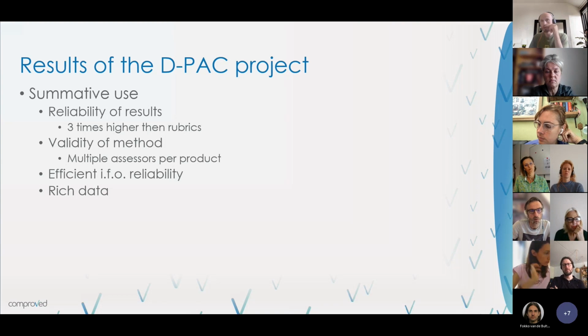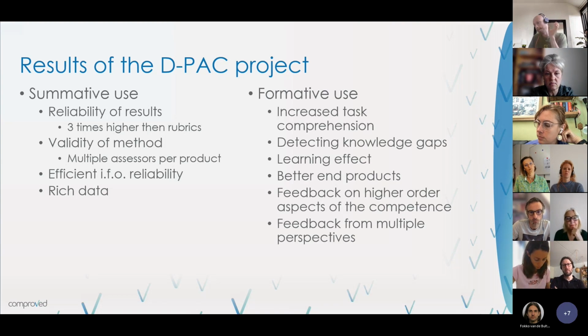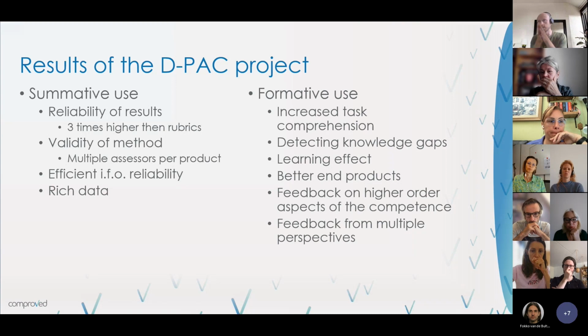During the project, we also discovered that it was very useful in the formative use. So we found out that there was an increased task comprehension if you use these comparisons in the beginning of the classes. And as a teacher, it's easier to detect the knowledge gaps within the students, because they are talking about the comparison and why the one is better than the other one, and then you can adjust the